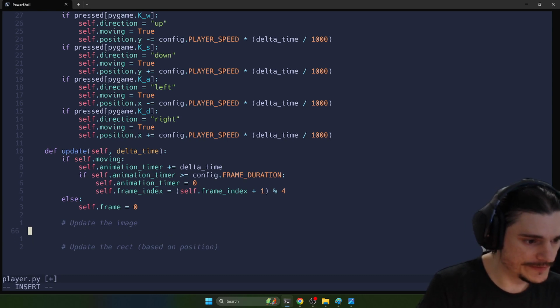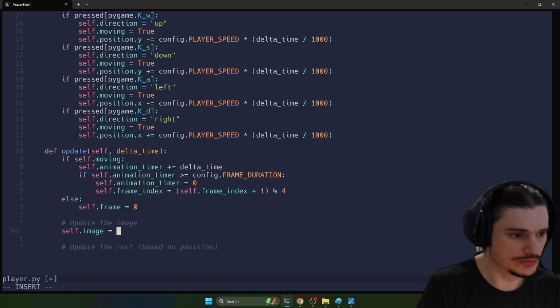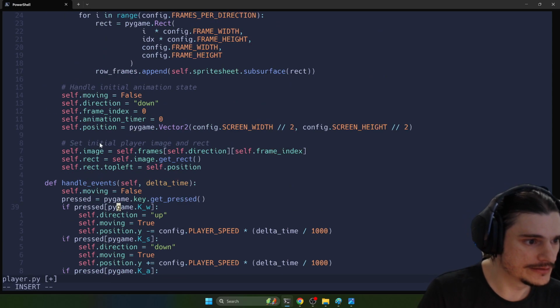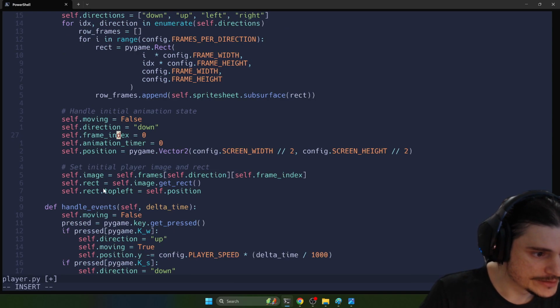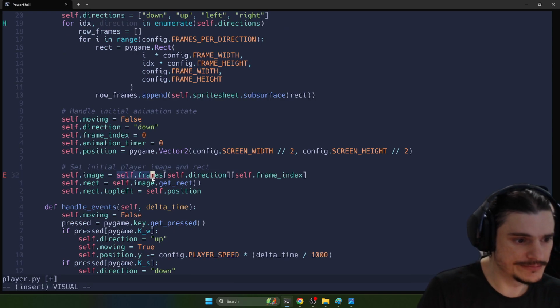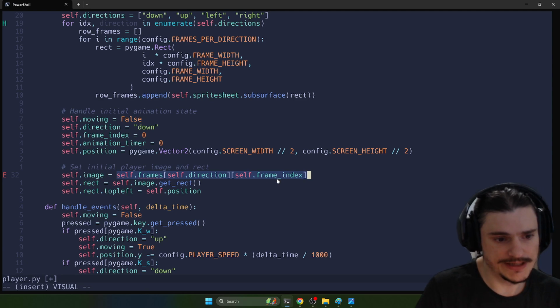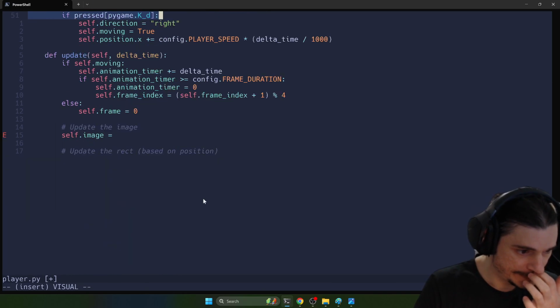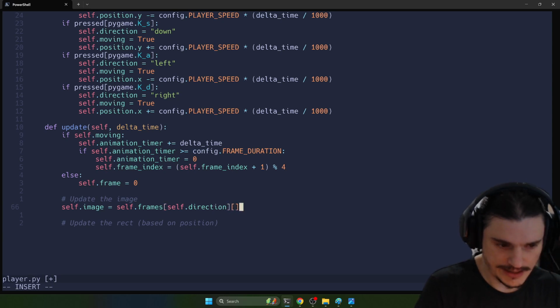Okay, so first of all, update the image: self.image equals, and then we'll do the same thing that we did to initialize it. Here we're just making use of that frames dictionary with the direction and the frame index. So image equals self.frames, we pass in self.direction, and then